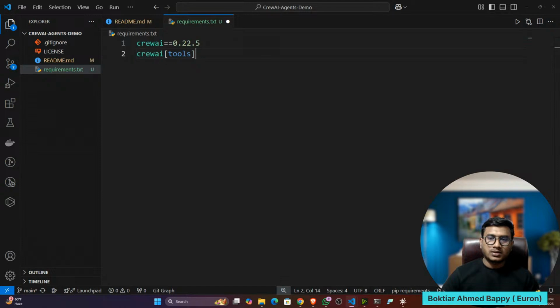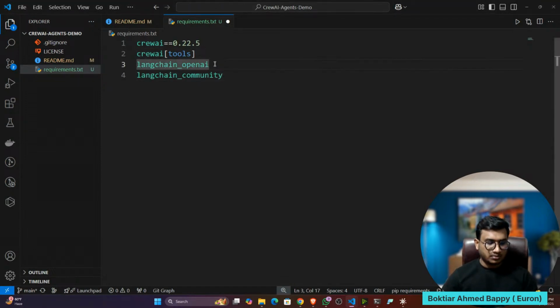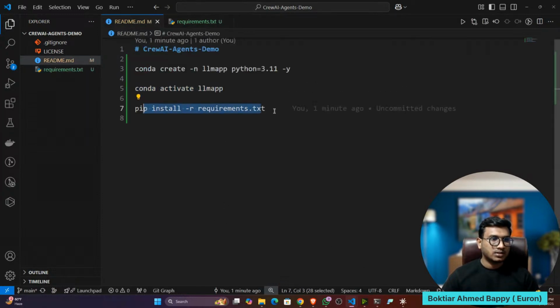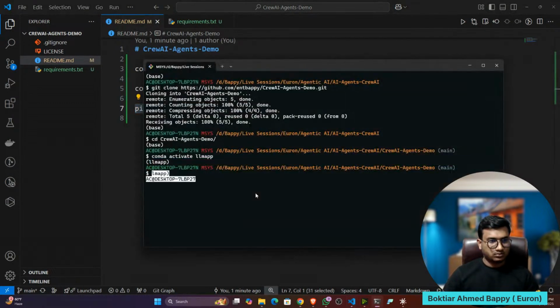It also needs some dependency packages, like LangChain. If you're not installing LangChain, it is also fine, it will work, but you can also install these two packages at least: LangChain OpenAI and community. Then I also need python-dotenv. Once it is done, you have to install the requirements by executing this command.